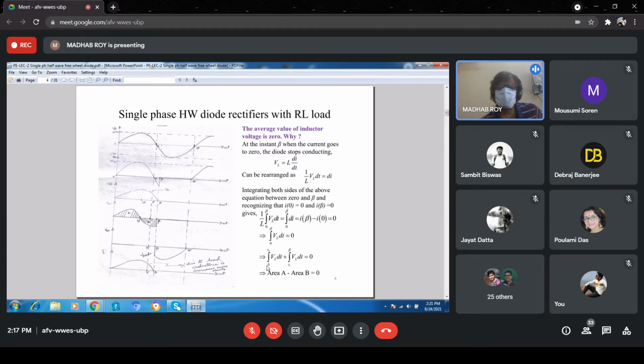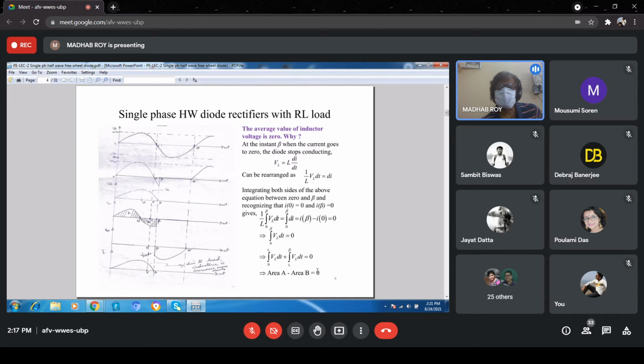If we come to this picture, we can observe that up to this T1, the middle portion, the polarity of the potential of the inductance is changing. In that case, the integral of VL dt from 0 to T1 plus the integral of VL dt from T1 to beta is equal to 0,